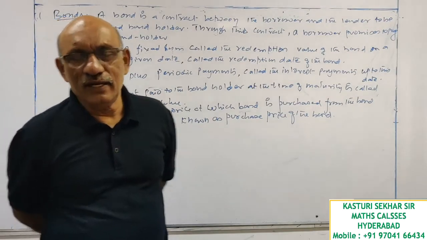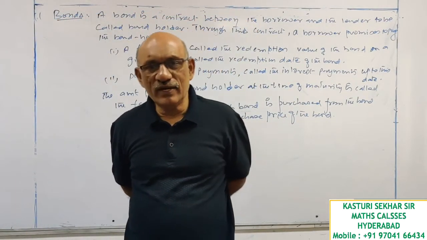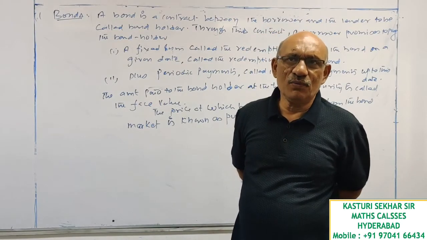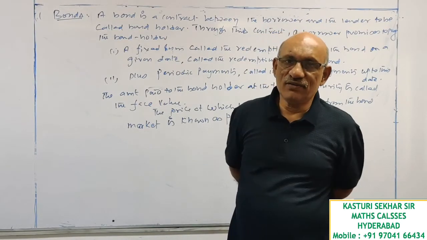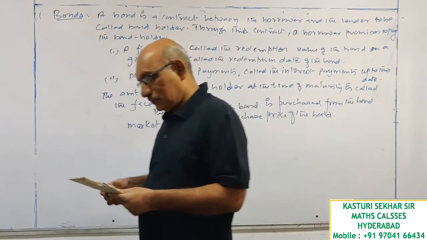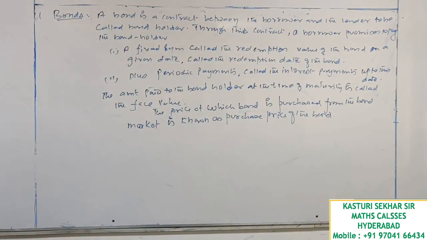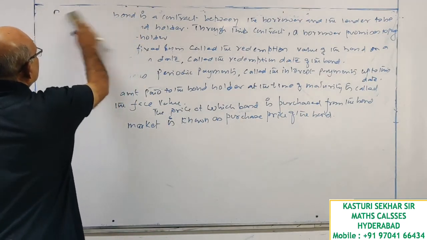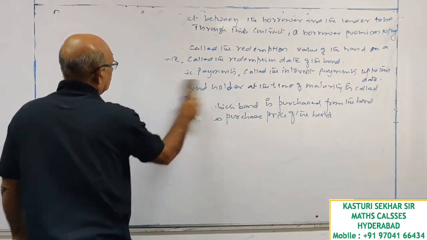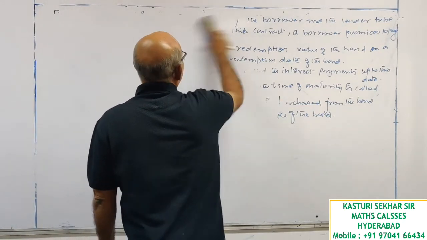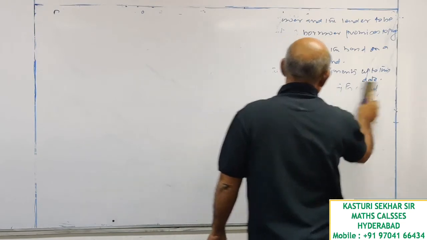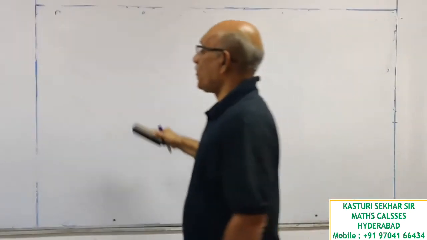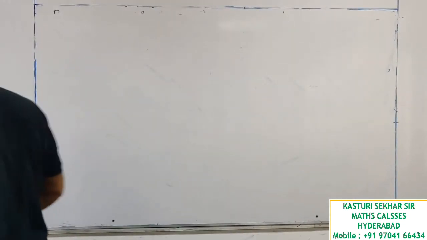So in foundation level, we have only one solved example given in the ICA material to purchase the bond price. I'll do a couple of more problems here on this bond price. How to calculate the bond price? Look at the question, sir.